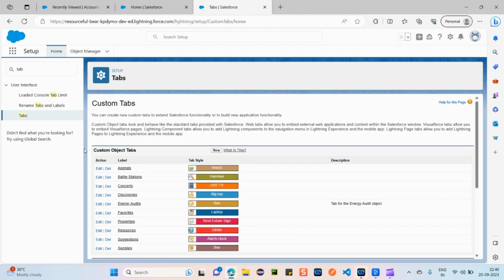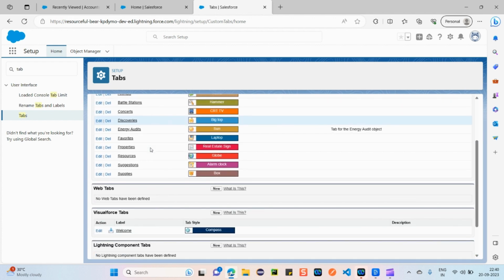Yeah, means what, as I have already showed you, if we are opening any console on the navigation bar, we can view, right, account, leads, contacts. So those are called as tabs. If we want, we can add our custom object tab also in that manner. Okay, that is the thing. Next, what are web tabs? Means if we are creating any web tab with the URL, then whenever we are clicking on the tab, it will be navigated to that page, right? So those are called as web tabs, and still we have Visual Force tabs, Lightning Component tabs.